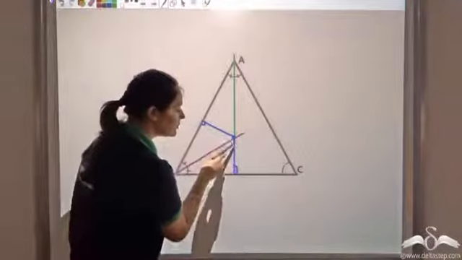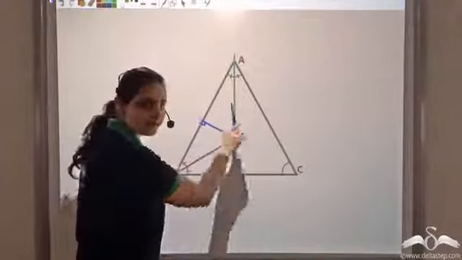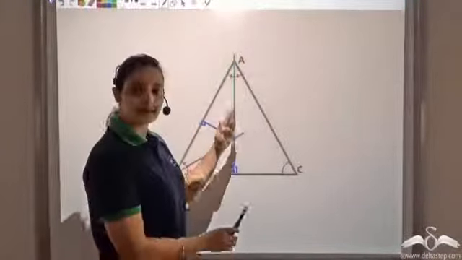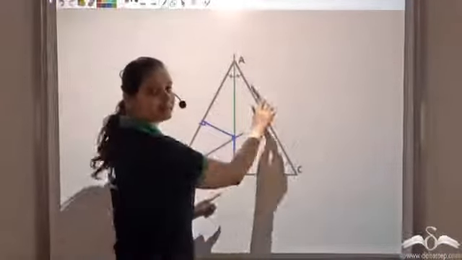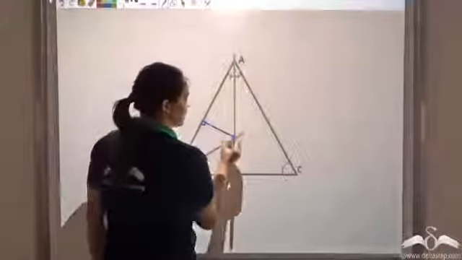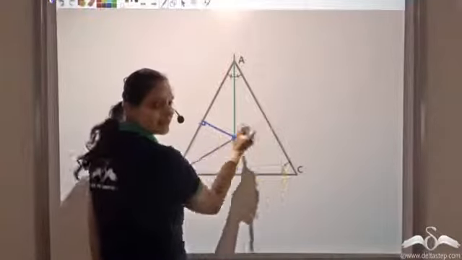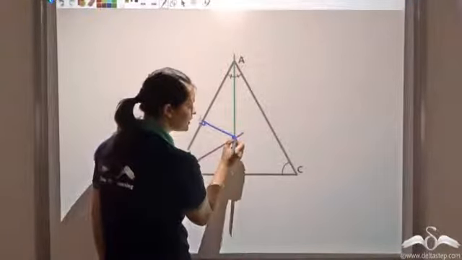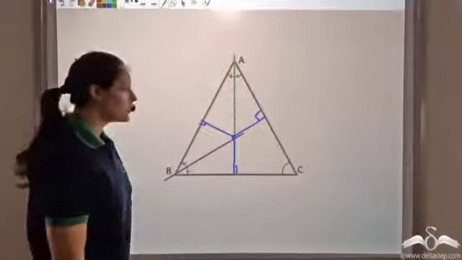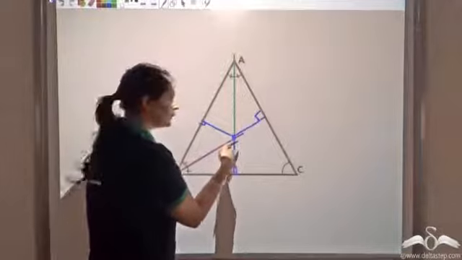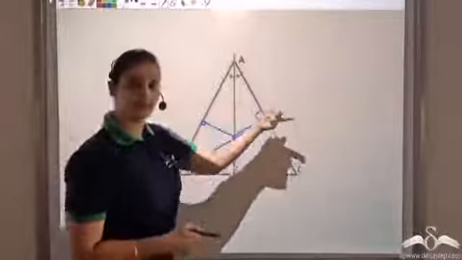Now, if you carefully observe, this blue point also lies on this green angle bisector. The green angle bisector is bisecting angle A, which is being formed by AB and AC. Hence, the distance from this point to both these lines should be the same. So this distance should also be equal to this distance, which is the perpendicular distance. So I get that this is a point which is equidistant from all the three sides.